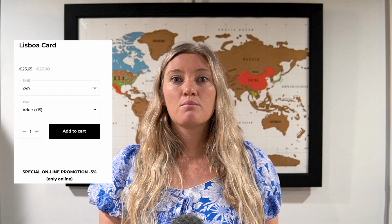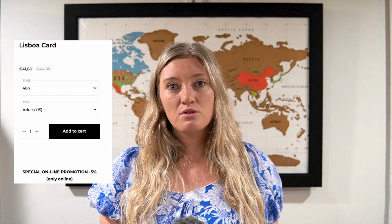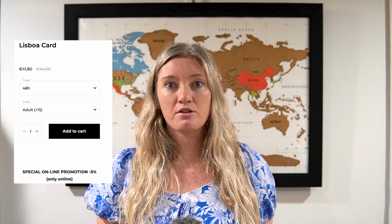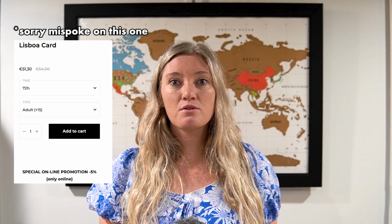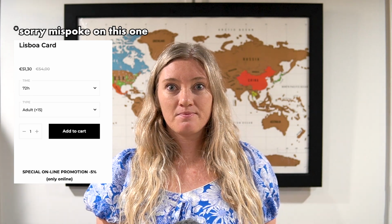A 1-day pass is €27, but purchased online it's only €25.65. A 2-day pass is €44, but purchased online it is €41.80, and a 3-day pass is €55 or €51.60 if purchased online. You can then pick up the pass at the Lisbon airport or in central Lisbon or in Sintra. Transportation to Sintra is included with the card as well if you're planning on doing a day trip or heading out that way,